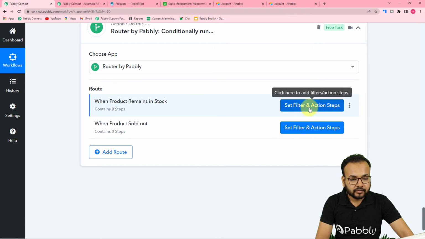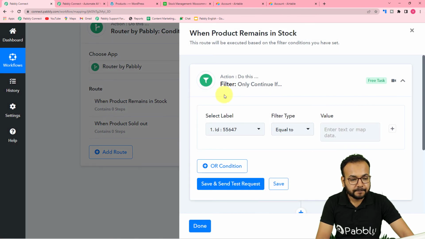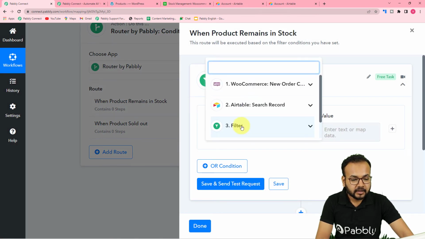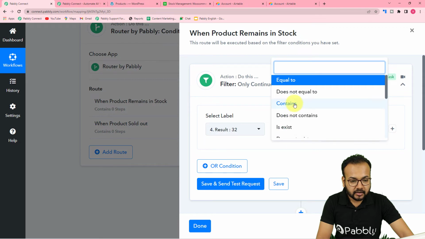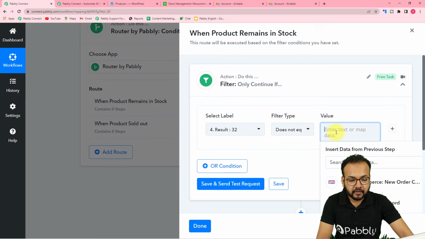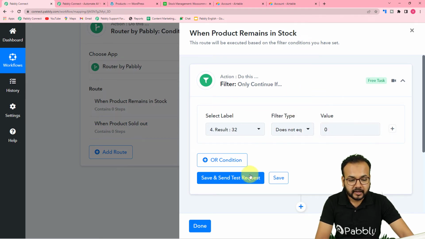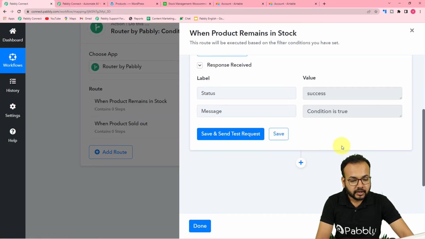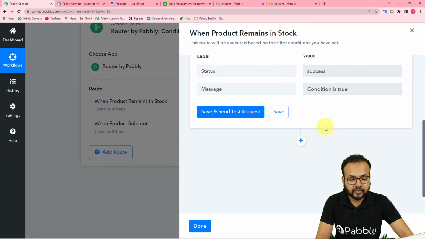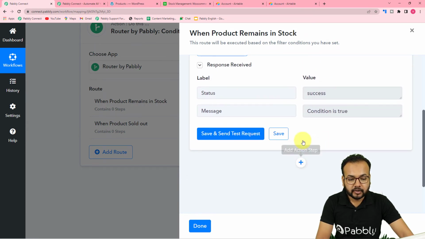Right, so click here on set filter and action step, and from this select the label from the number formatter, which is the result label, and make the filter type as does not equal to, and put the value here as 0. Okay, then click on save and send test request, and you can see the condition is true. Now if this condition matches, we want to update our Airtable's column. For that to happen, click on this plus icon,